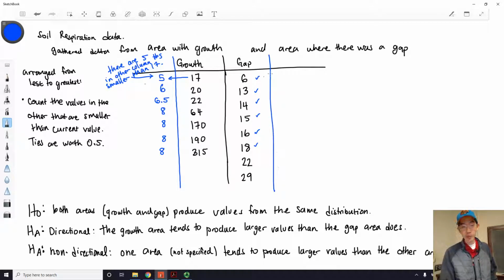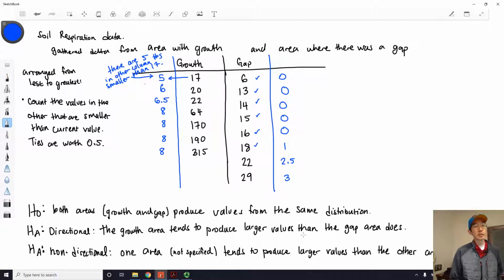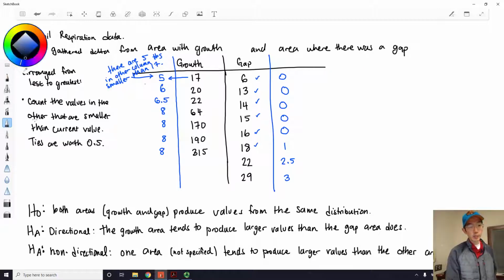I say how many numbers on the other side are smaller. So for 6, 0 numbers are smaller. So actually all of these, I get zeros. And at 18, we have 1 number that's smaller. At 22, I have 2 numbers that are smaller and a tie, so I write 2.5. And at 29, I have 3 numbers that are smaller. Okay. All right, and then the next step will be